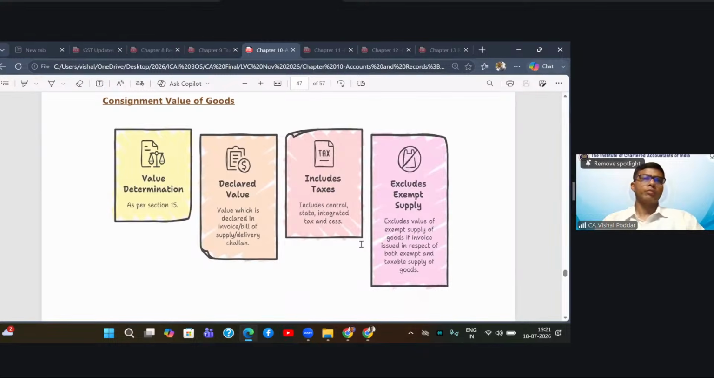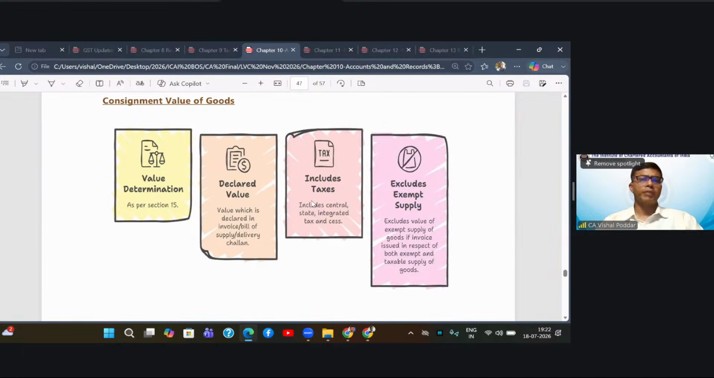Now, we come to the concept of consignment value. We discussed that if the consignment value exceeds 50,000, the e-way bill is applicable. Now, how to find out this consignment value? First, find out the value as per valuation provisions under section 15. Second, where the value is declared in the invoice or the bill of challan, this value has to be declared there. Most important part,